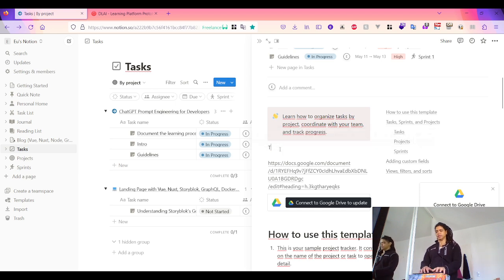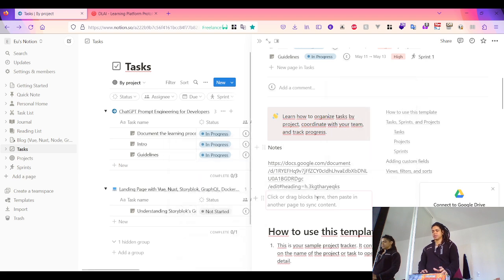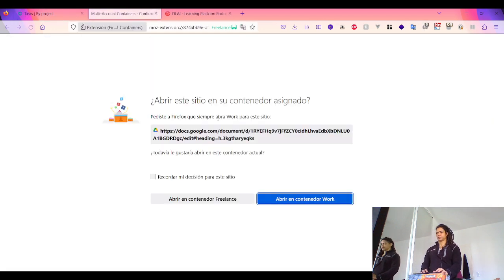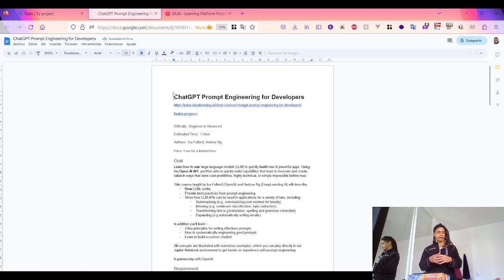Or this is the notes. So we're going to remove this link because we don't want it to open in that. That's right. And here we are. Okay, so this course,